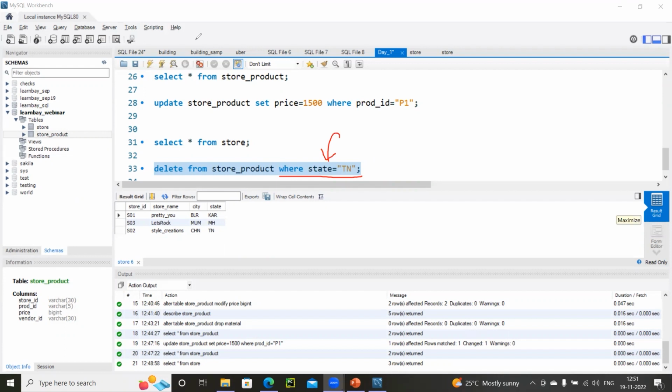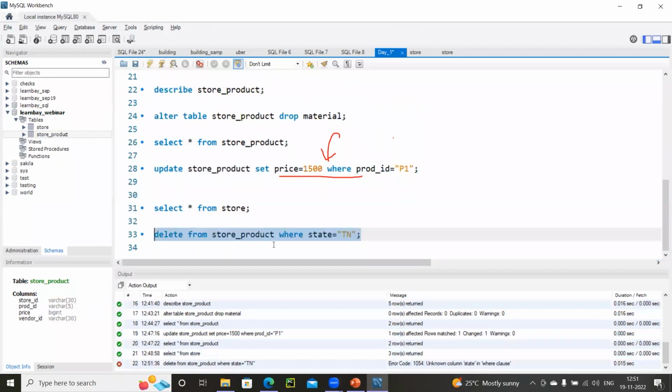Anything you can use, Sachin. You can write state or you can write city, anything. At the end, all of them are columns, right? So instead of using state, can we use city in the where command? Yes, very well. Let me first delete this and maybe I'll show you that also. See, I'm running this. We don't have a state field. Okay, I'm writing it in store product.